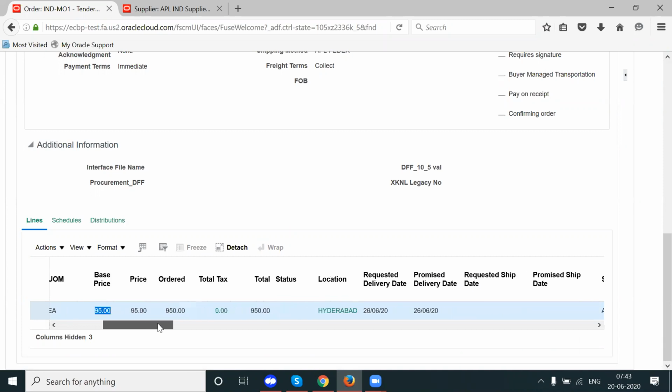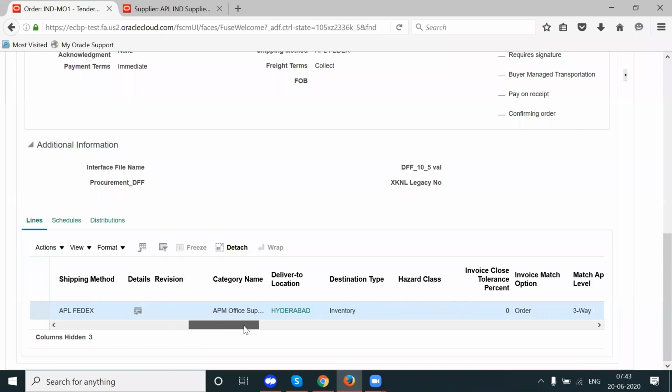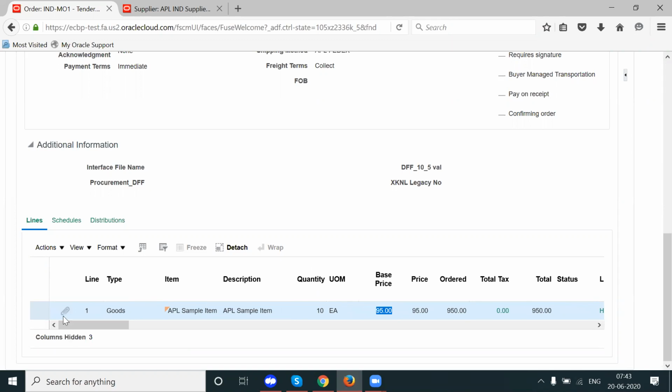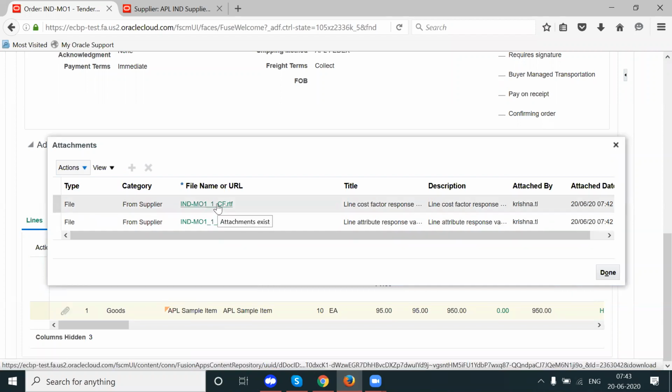It is just showing the base price. And what is this attachment? See here, this line attachment is nothing but